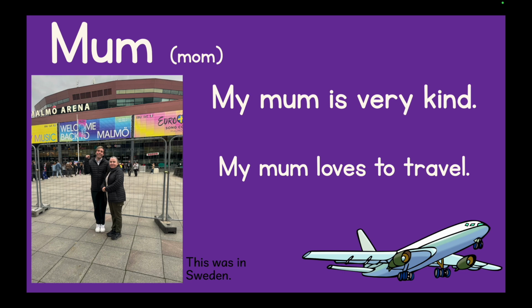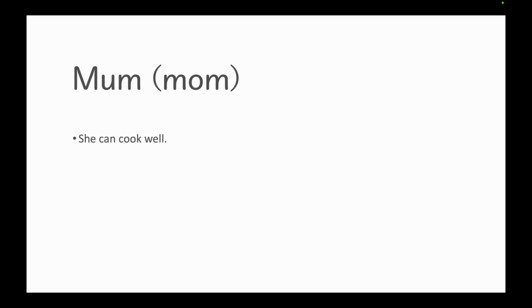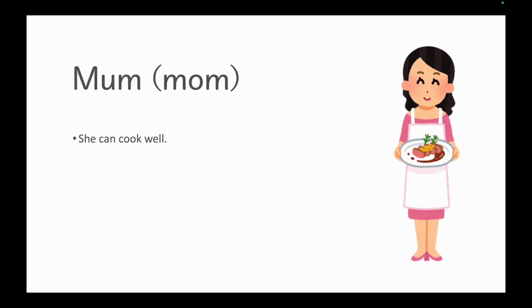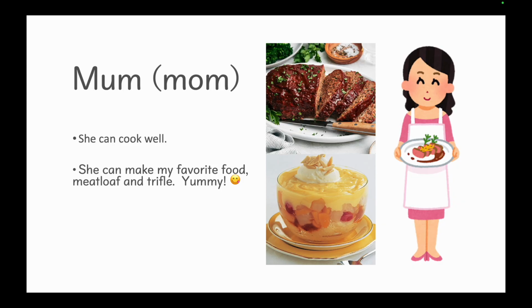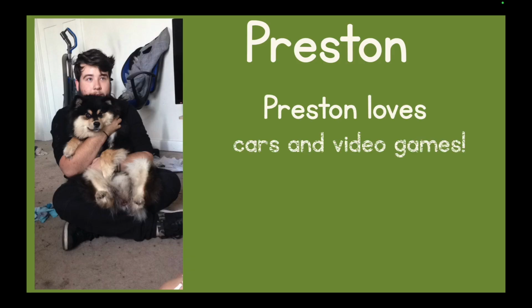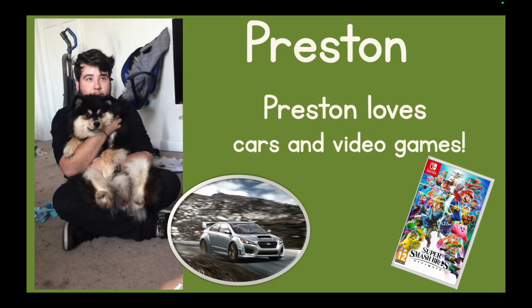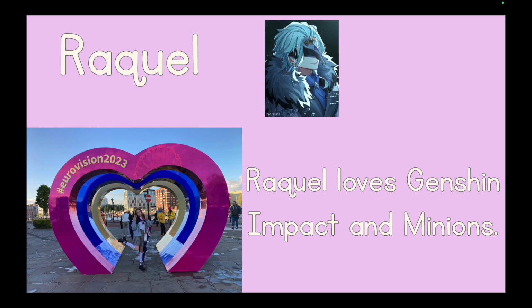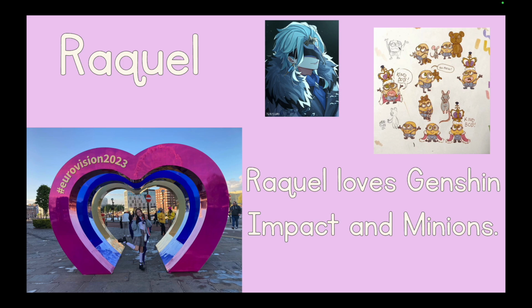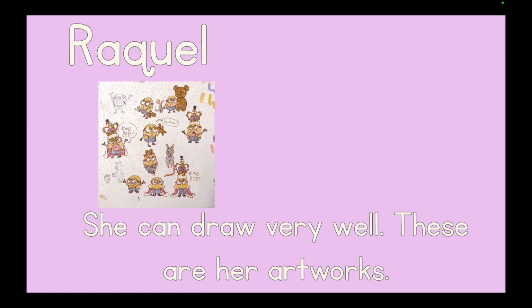So I go, my mum loves travel, and I point to the plane, and then they go, okasan wa hikoki ga suki da ne. Like, his mum likes planes, and I'm like, close. And use language that they use. So she can, nani nani. So that's from like grade 5 and above. She can make my favorite food. And I talk about my favorite food. My brother, cars and video games. They go crazy for Smash Brothers. My sister, they don't really know about Genshin Impact. That's a niche thing. Yeah, and these are her drawings.